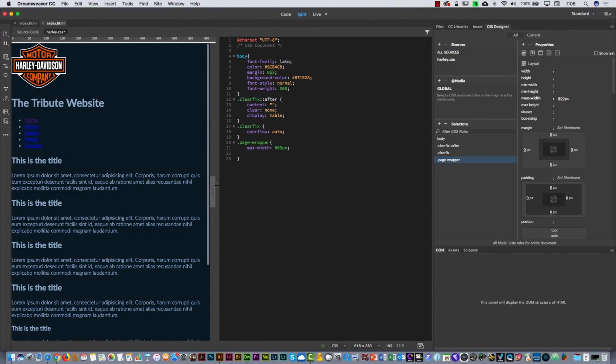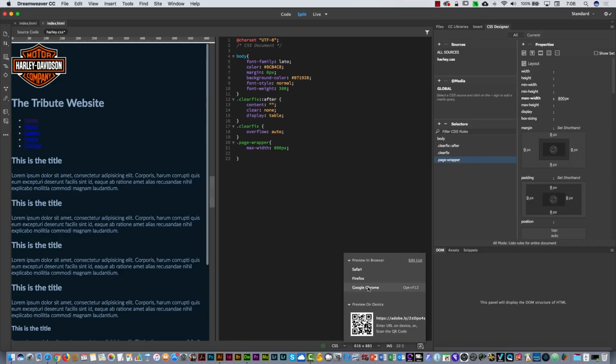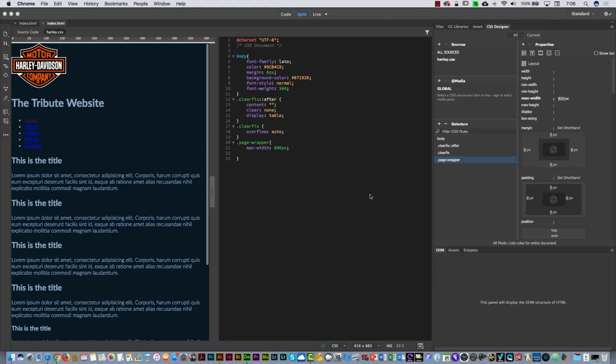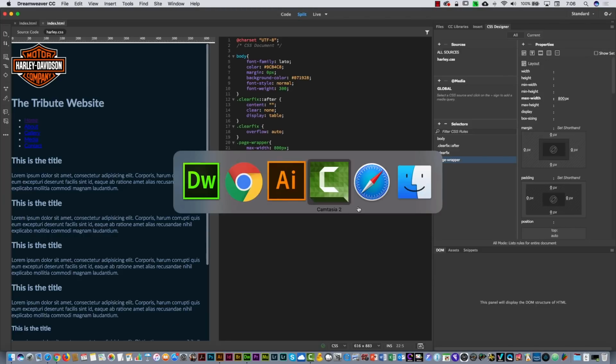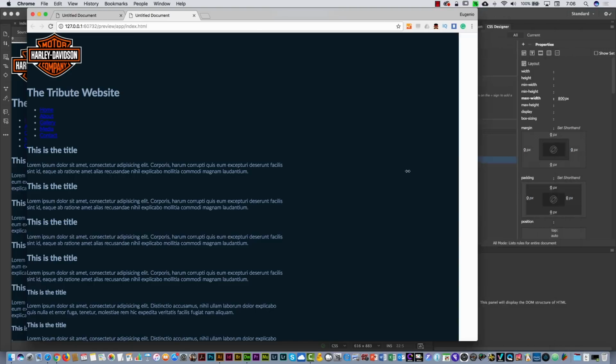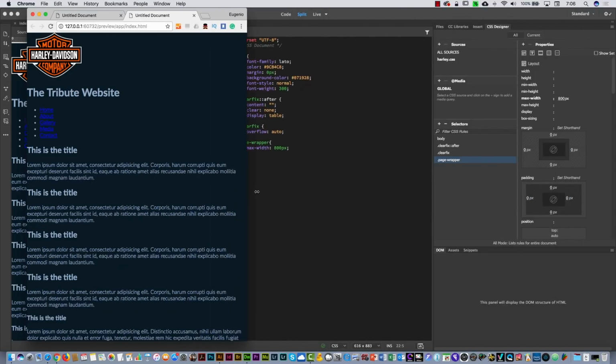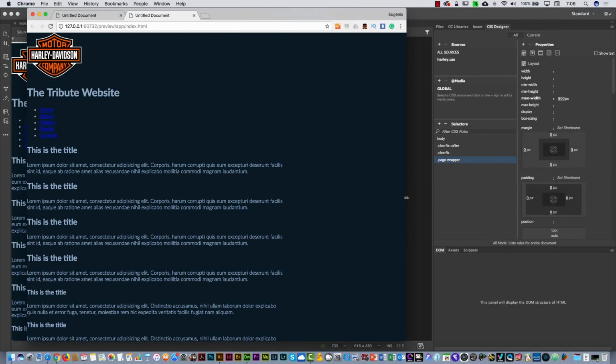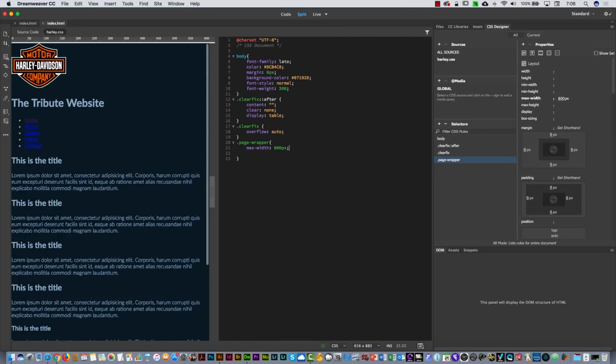Now it looks... let me show you here. It's a little complicated to move this. Let me show you live. I'm going to select Google Chrome. Yes. And then if you see in Google Chrome, that is the site. You can see I have a maximum width of 800. But now if I add here